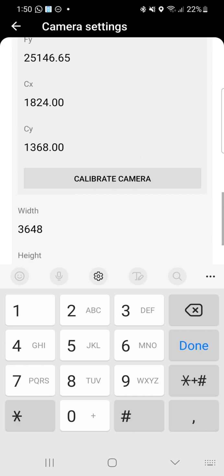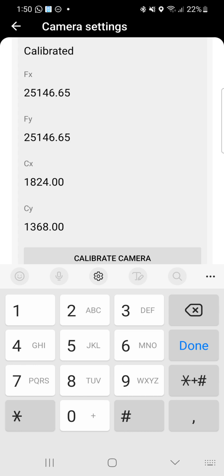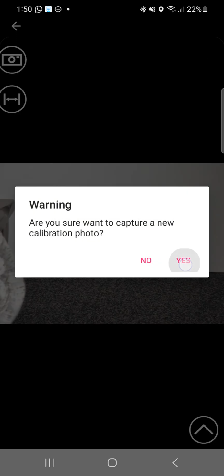But what we have here, and it's already been done, but we'll do it again, is a routine for calibrating the device using a photo. So I'll click on this button, calibrate camera, and I've already done this once before, but now we'll have another go at it. And I'll click on this button on the top left here and take a photo. So I'll say yes,